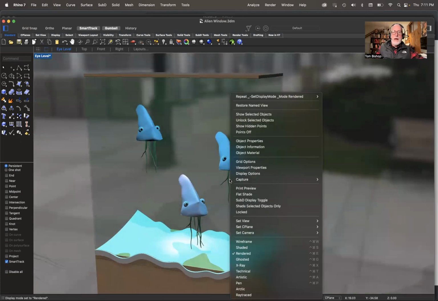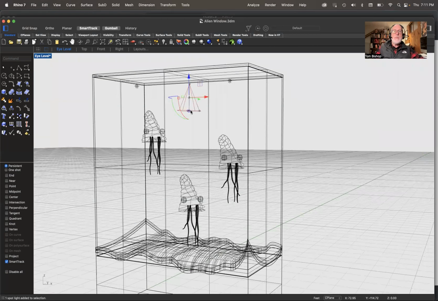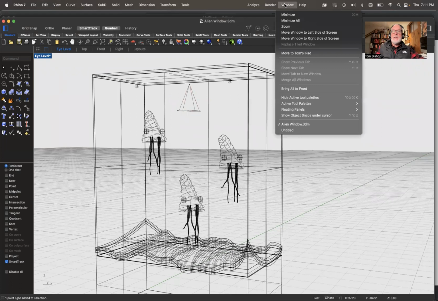So I want to switch this back to wireframe mode. A little bit easier to navigate. And there you can see, there's the spotlight, there's the point lights, those two right there. So how do you do that? One of the things, probably the easiest way to do that is to get into the window menu here, and